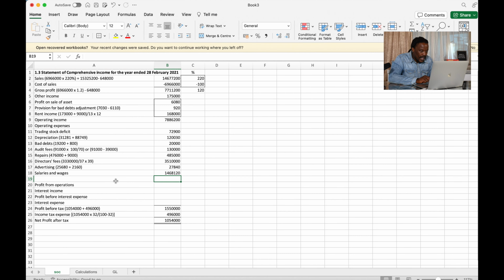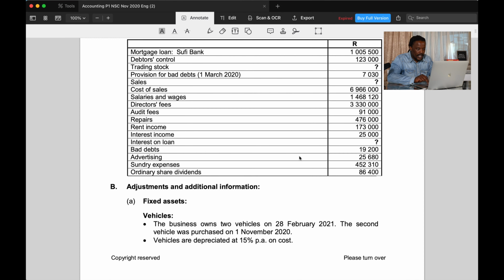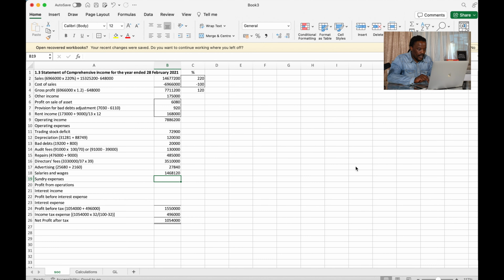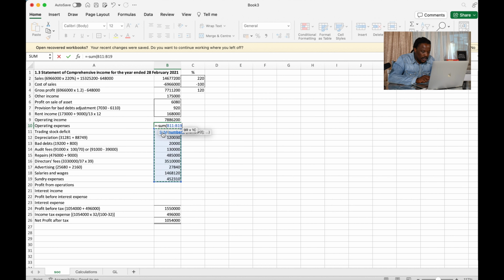We have sundry expenses, the last one, and they never spoke anything about it. 452,310. Now, you know your expenses, you add them together. Let's put a block. My operating expenses is equal to the sum of these. Use your calculator so that you get that total. And then my profit from operations is